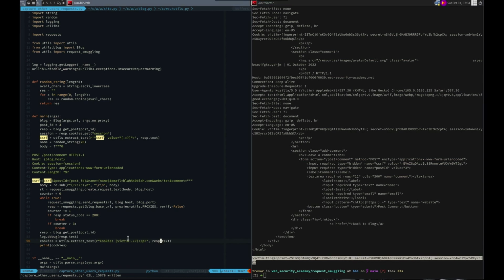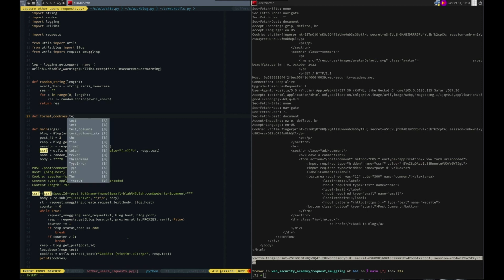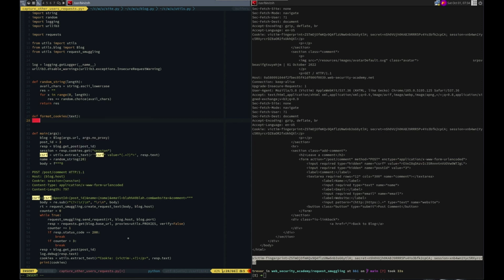Okay. Let's do this in a function. Def, I will call it format cookies. We'll get some text, and the first thing we're going to do is split by spaces. So, dot split on spaces, and this will be a list. So cookie list equals,